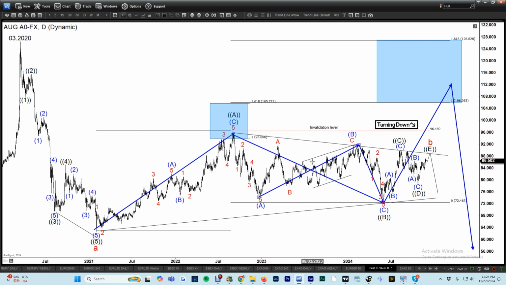But if I'm using this one as my main view, the problem that we have is that it requires a lot of weakness in gold and silver. And as you know, silver is like a leveraged gold. If gold drops 30%, silver easily drops 60%, twice as fast, or even sometimes 2.5 times. You use a leverage multiplier towards gold. If gold drops 10%, silver drops 20 to 30%, basically 2 to 3 times.